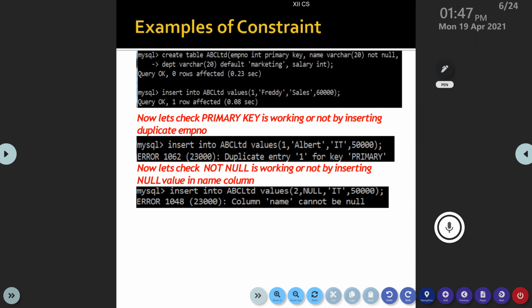And EMPNO int, constraint is specified, that is primary key, comma, name varchar 20 not null, another constraint is specified, DPT varchar in bracket 20, the default value is given, marketing, comma, salary int. So how many constraints are there?